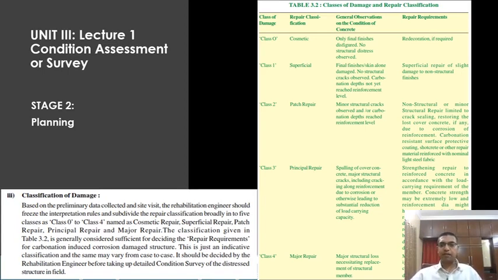Then patch repair, class 2. Minor structural cracks observed and carbonation depths reach reinforcement level. So structural cracks are observed.